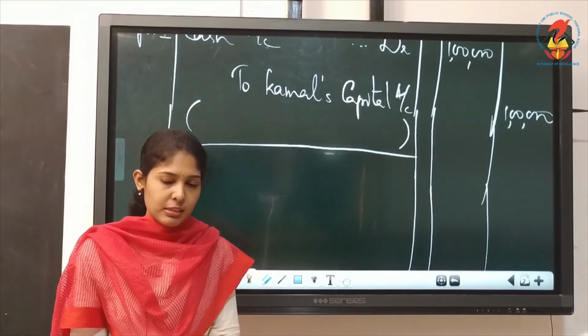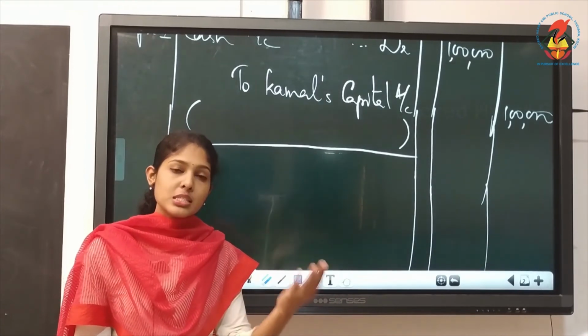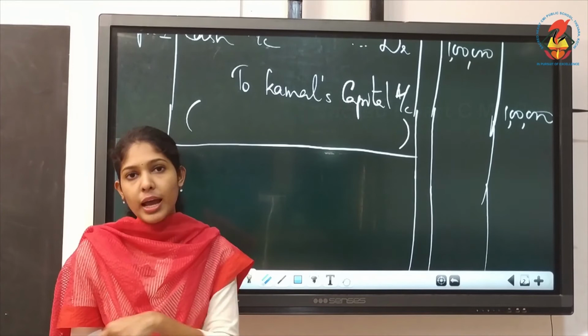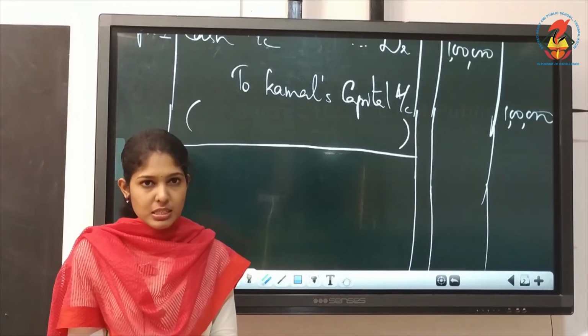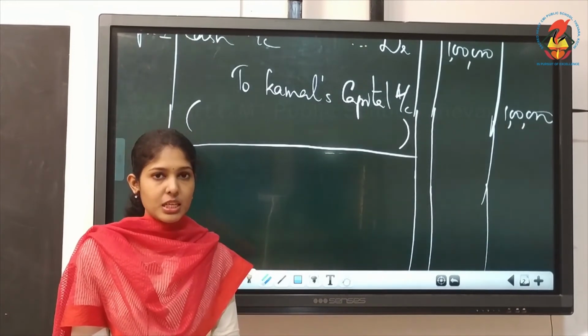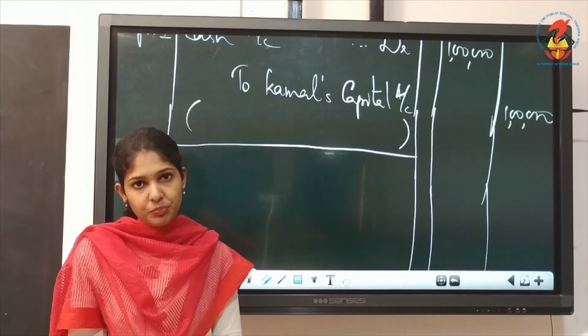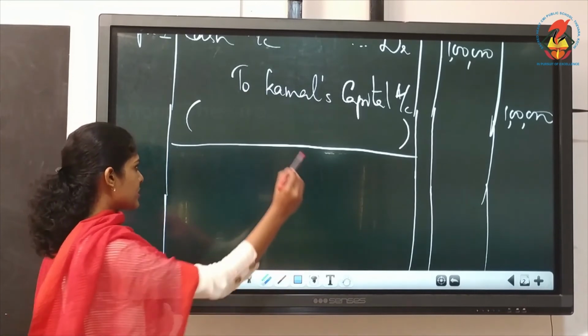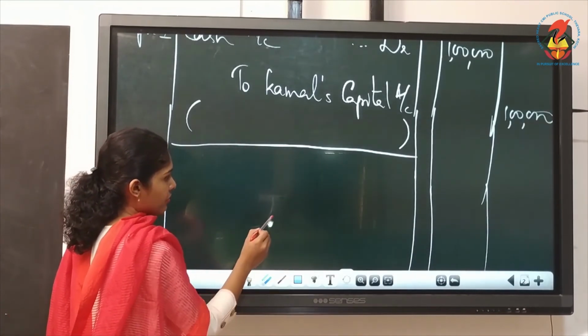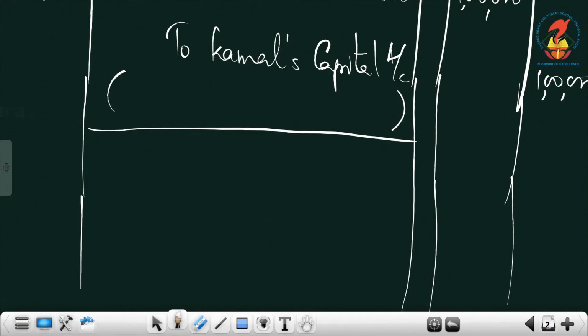Then there is one more confusion, like which GST to be charged. Is it SGST, CGST or IGST? Since nothing is mentioned about whether it is within the state or outside the state, you can assume that the transaction takes place within the state. Understood? So we can charge CGST and SGST. If nothing is mentioned specifically, you assume that it is within the state and you charge CGST and SGST. Both you have to charge.